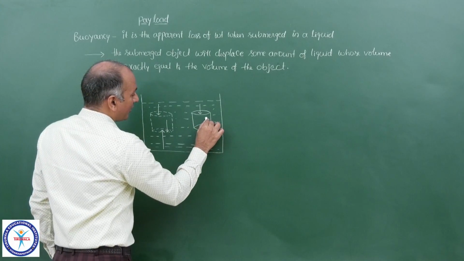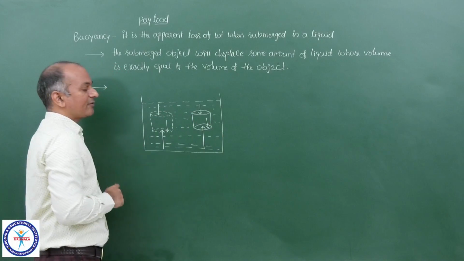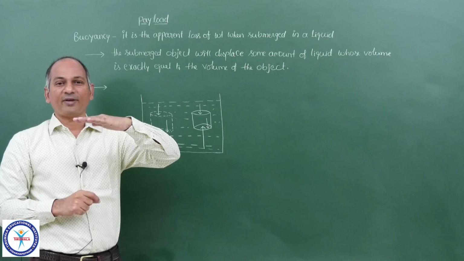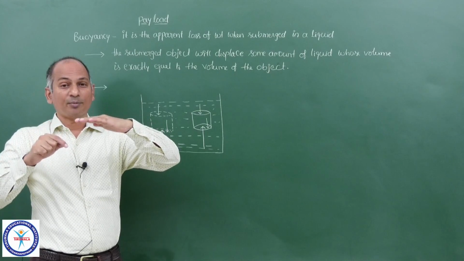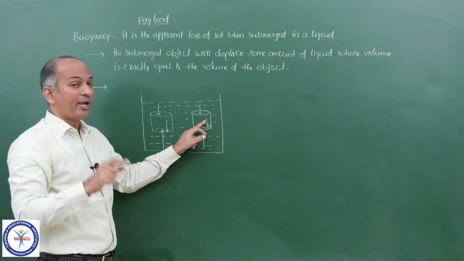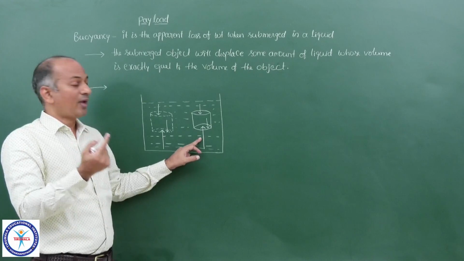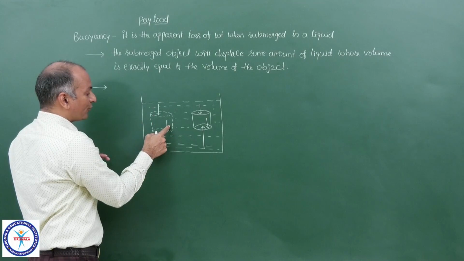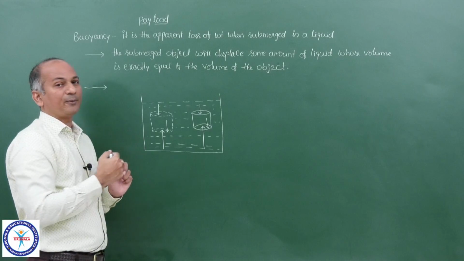Similarly, here also there is another force which is acting from above on that bottom surface. The force which is acting on the upper surface plus the weight of that object. In magnitude, the sum of these two is equal to this force which is acting from below. And here also, the sum of these two forces is equal to the magnitude of this force acting from below.